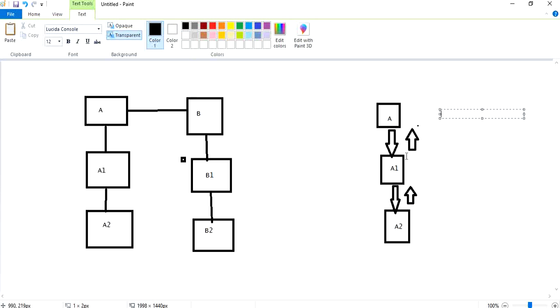See here, A will be upstream project for A1, and A1 will be upstream project for A2. A will be upstream for A1.